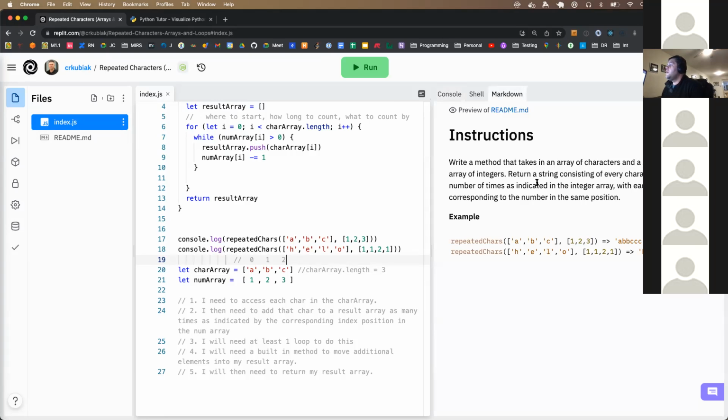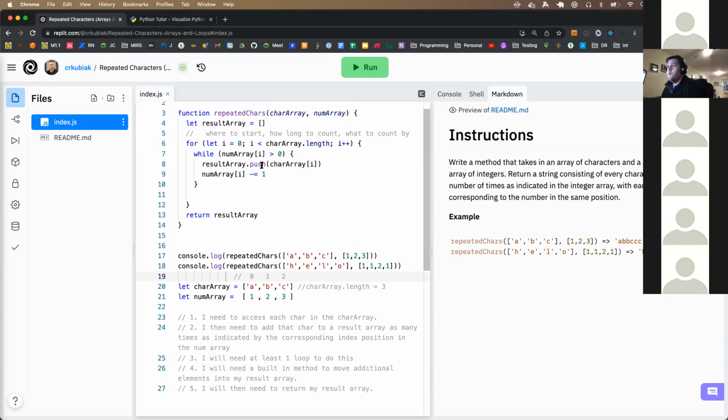And return a string consisting of every character repeated the number of times as indicated in the integer array, with each character corresponding to the number in the same position, right? So when I come in here, I is equal to 0. This is literally the first pass through, this is I0, and I need to compare it against the position in